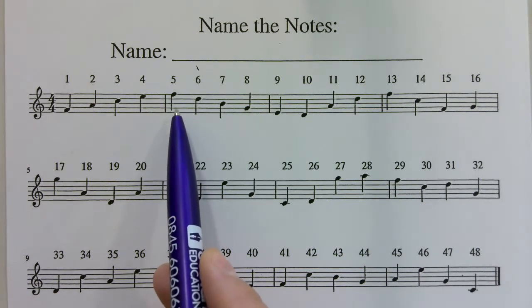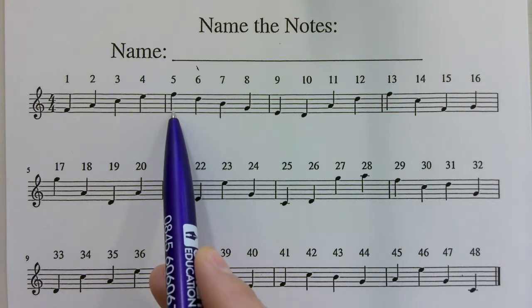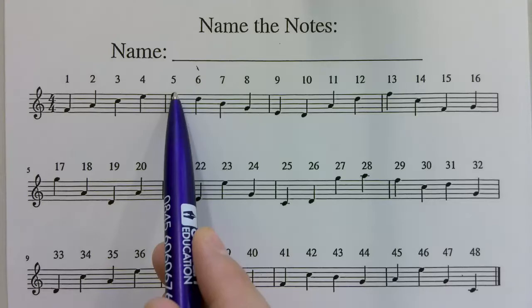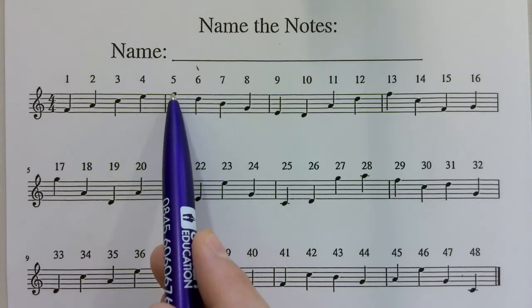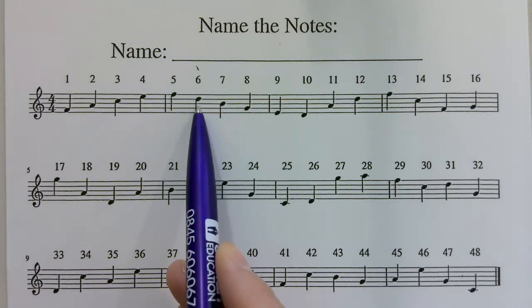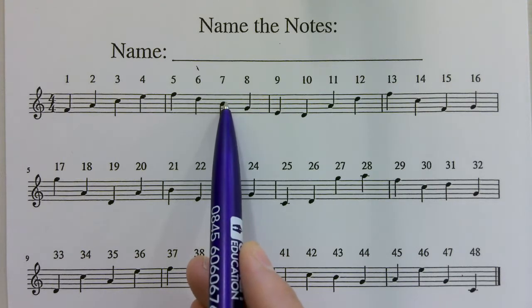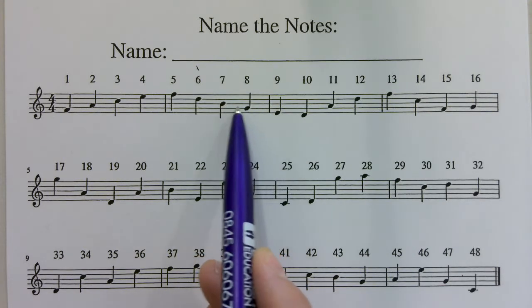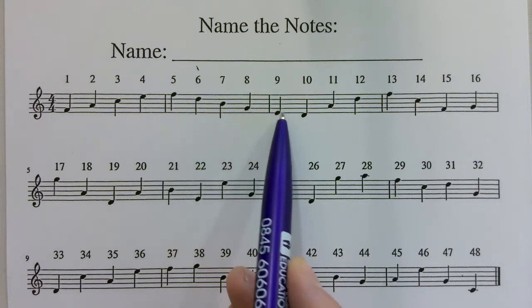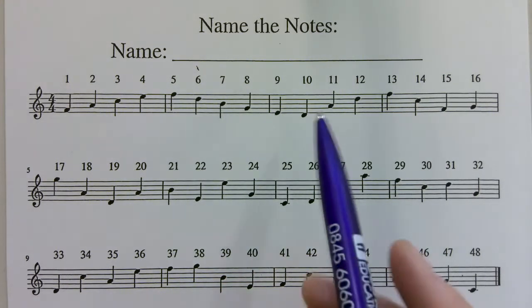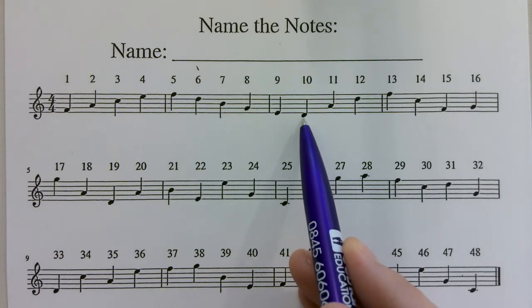So if I did an example in this bar here, I would go, every good boy deserves football. So that note there on the top line, football, so that means the note is F. Here's the next one, every good boy deserves, so that must be a D. Every good boy, so that must be a B, which it is. Every good, that's a G. Every.